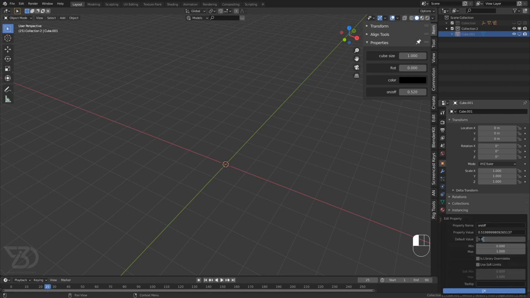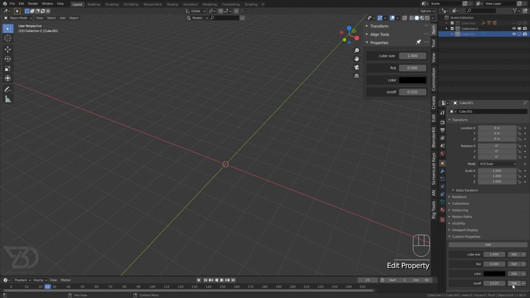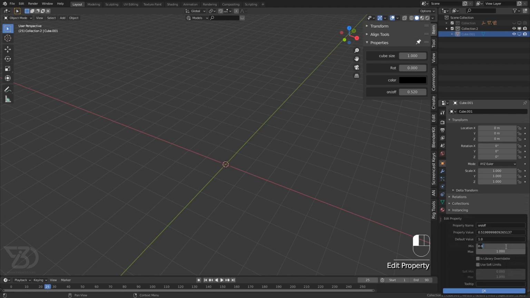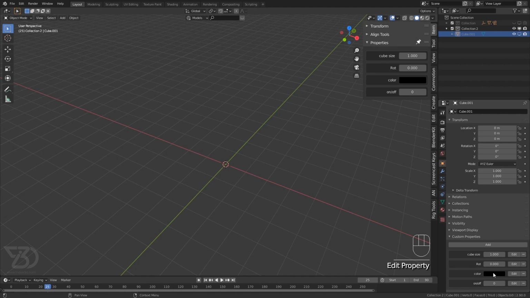So what we will have to do is, in the default value, change it from 1.0 to 1, and then change it to 0. Why did this not work? Because now we can type in 0 or whatever as a single value, and now we have this 0 and 1, 0 and 1.